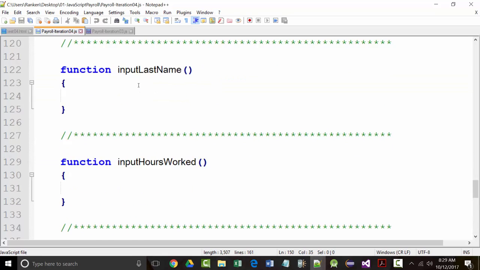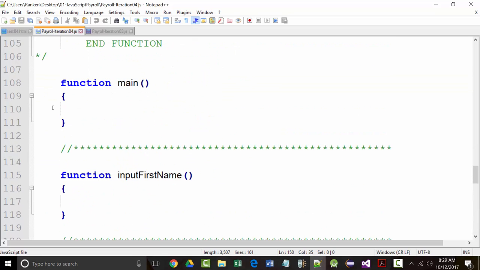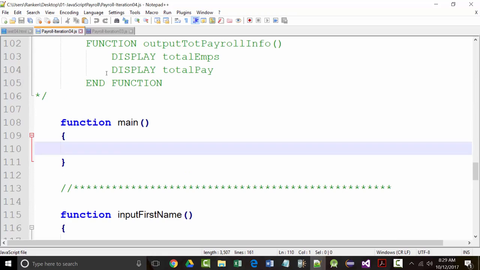In the past, what we've always done is we've declared our variables in here. Would you agree with that? Right inside of Main. But if we create them in Main, they're not available to every other routine unless we pass them into that routine. That's what we're going to do in the next example. But for now, we're going to make all of our variables global. How do we do that? Go back to your